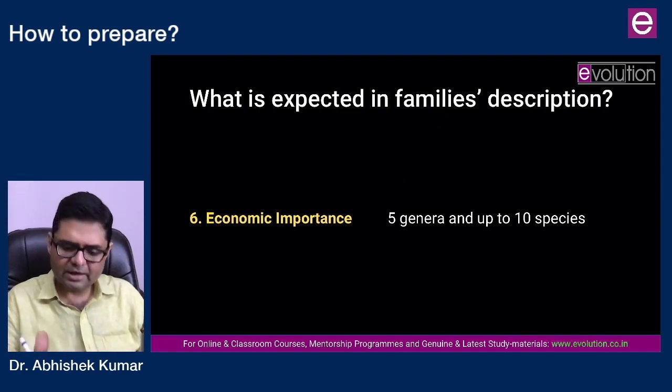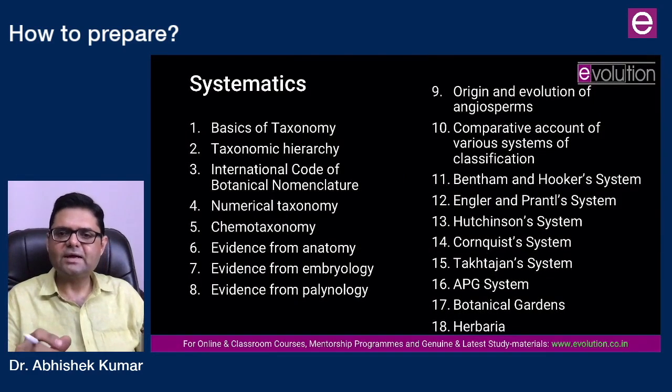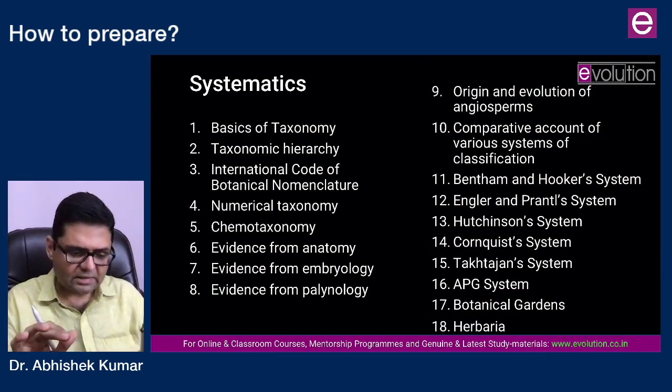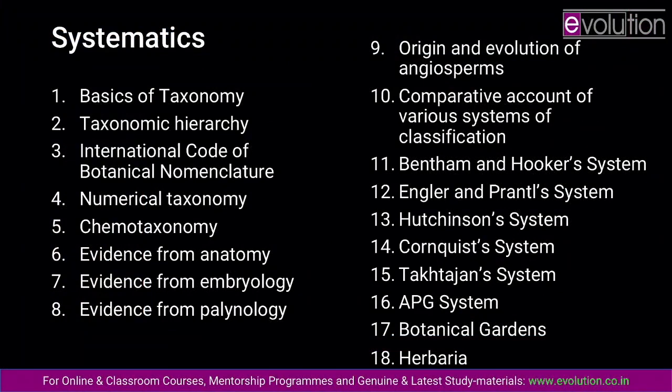After doing this, you will be coming to the systematics part. That's the systematic syllabus. There are certain topics which need to be done in some detail. I will be explaining. In basics of taxonomy, what you are going to do is the terms taxonomy and systematics, then steps of taxonomy,